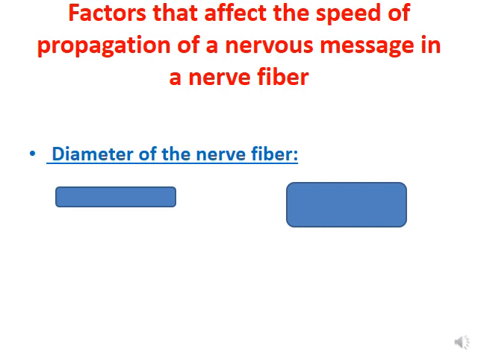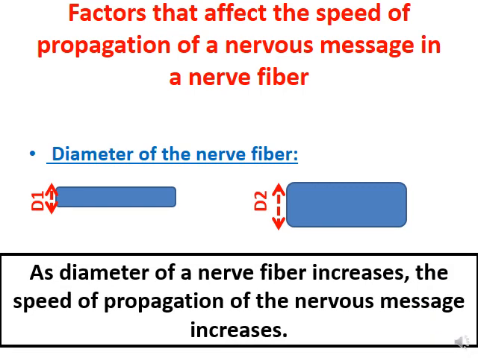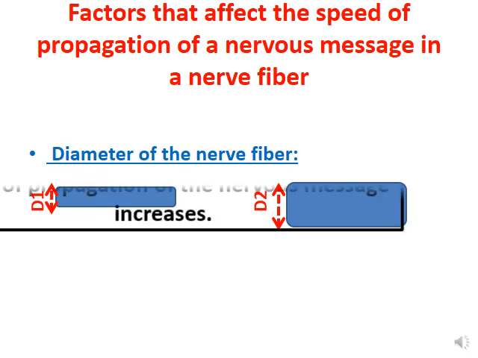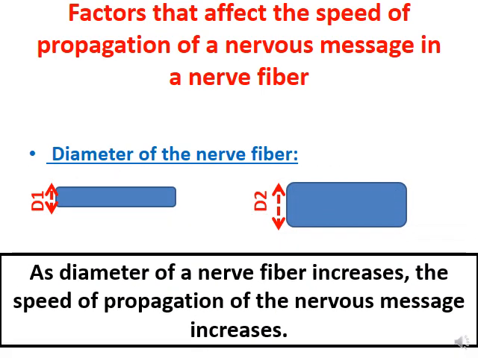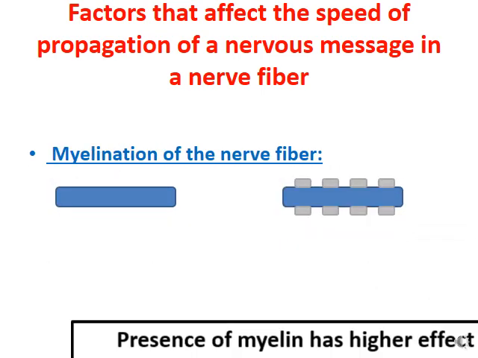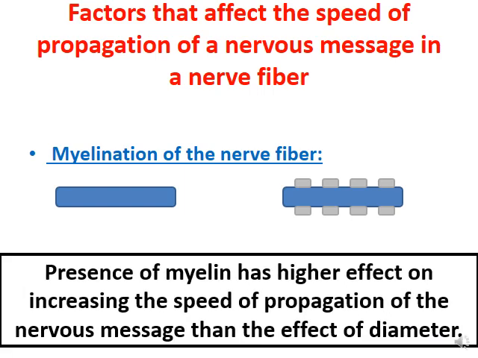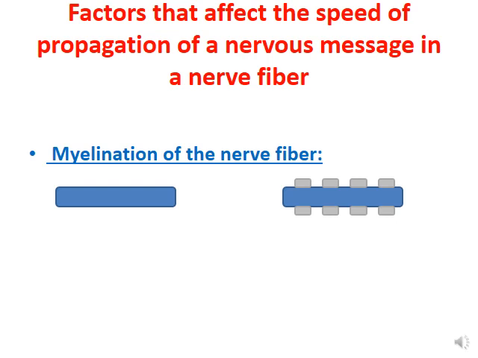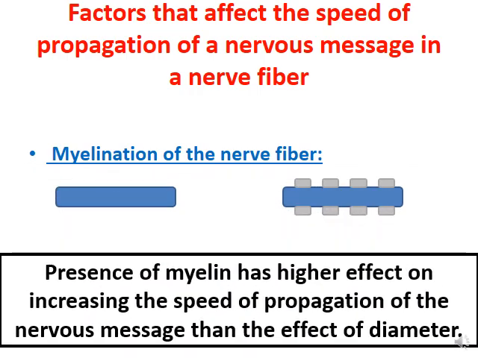Factors that affect the speed of propagation of a nervous message in a nerve fiber. We have the diameter. As the diameter increases, the speed of propagation of the nervous message increases. This is the first factor. We have the myelination. The presence of myelin has a higher effect on increasing the speed of propagation of the nervous message than that of the diameter, because the message will move in a saltatory manner,